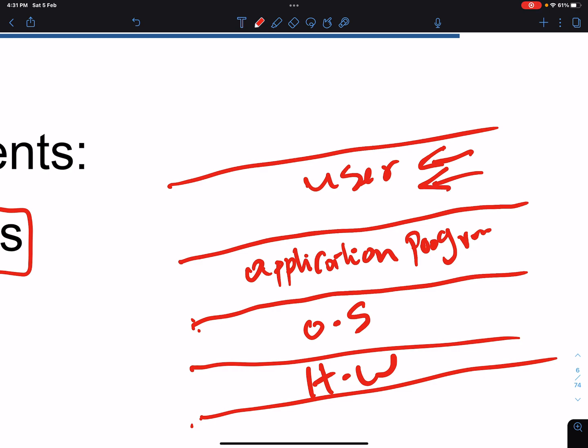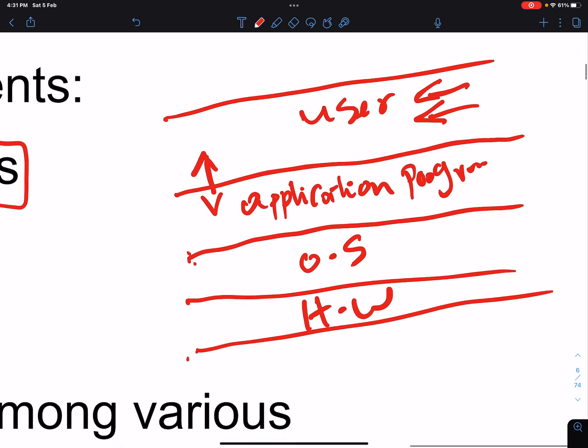Of course, as I mentioned, the user doesn't have to be a person. It could be a person, it could be another program, a client that is using the server, anything that you can think of. And the relationship between user and application is a binary relation, so basically it goes bi-directional. The user asks the application to do something and the application responds to the user.